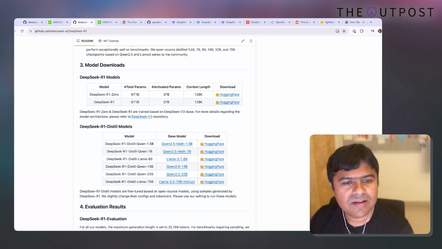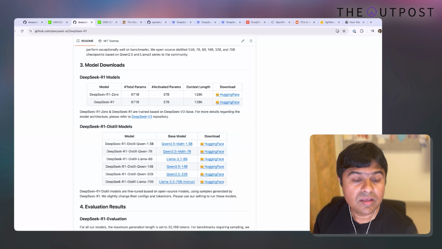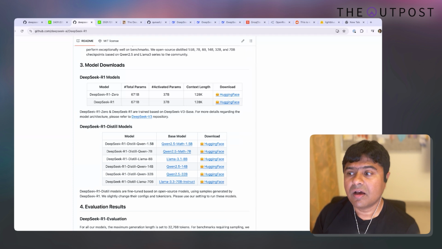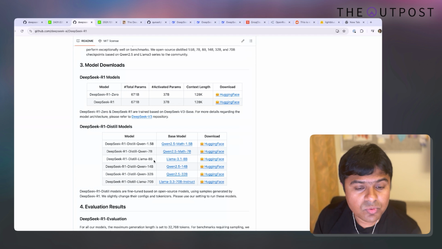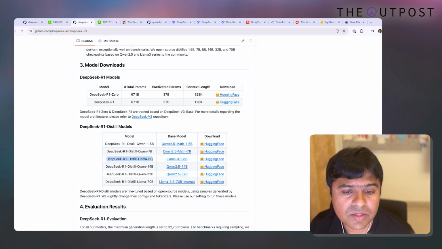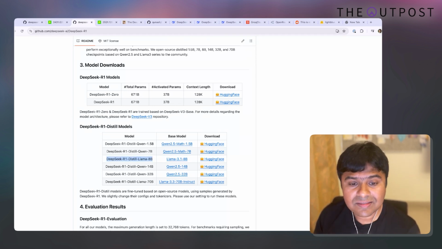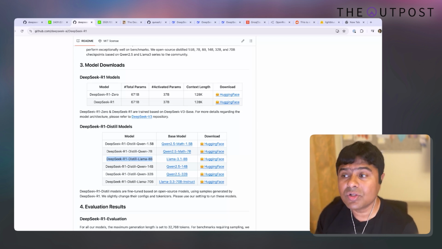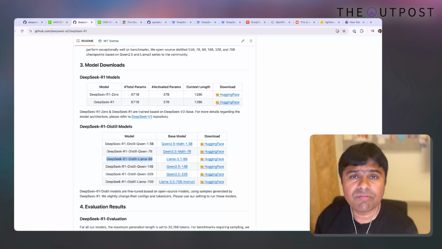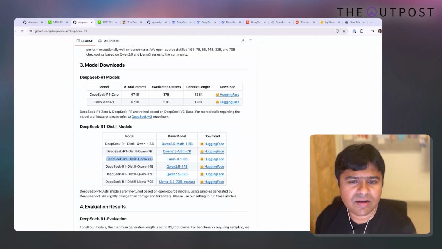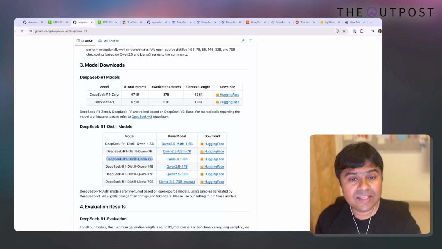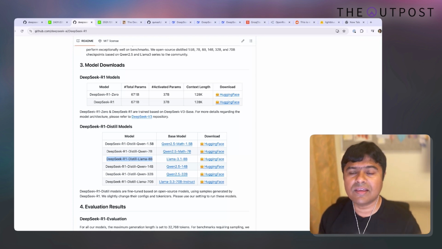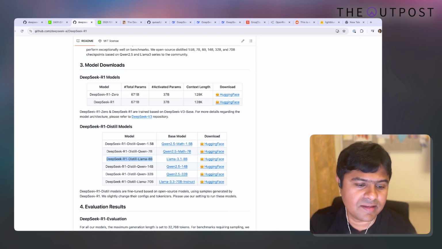Which is incredible. Distillation has happened before, but this is the first time, at least that I know of, that somebody has come out with a reasoning model and distilled it into smaller models. So what this means is you have this Llama 8 billion parameter model, which is a reasoning model, and it has different quantizations, which means it actually runs on my iPhone, offline, which is incredible. I'll show you a demo of this. This is the first time that a reasoning model, where it thinks and shows you the output of how it's thinking, is running on my phone offline.